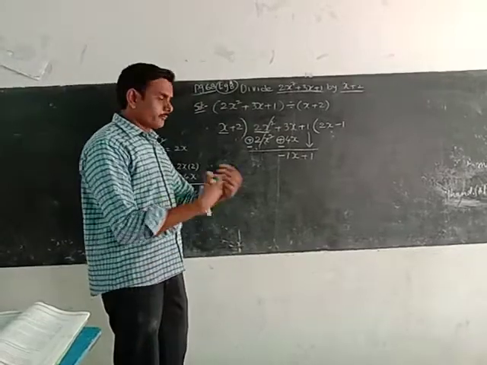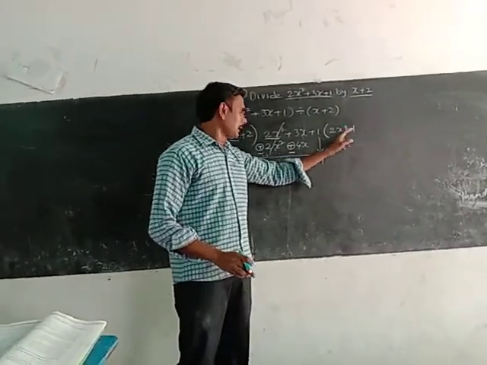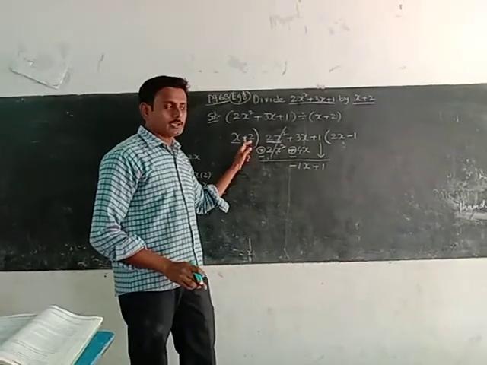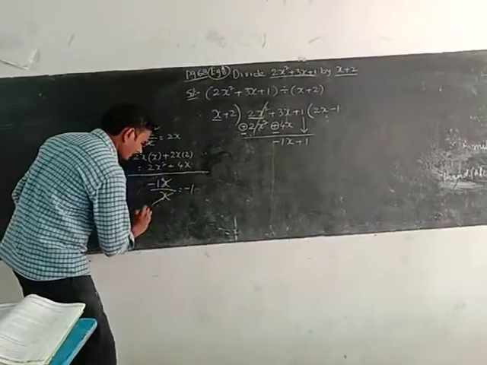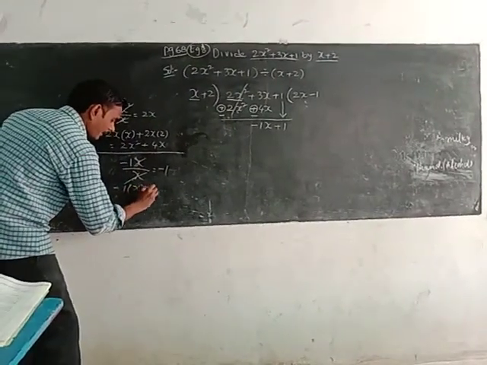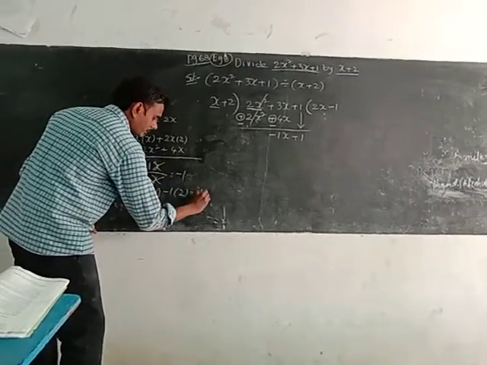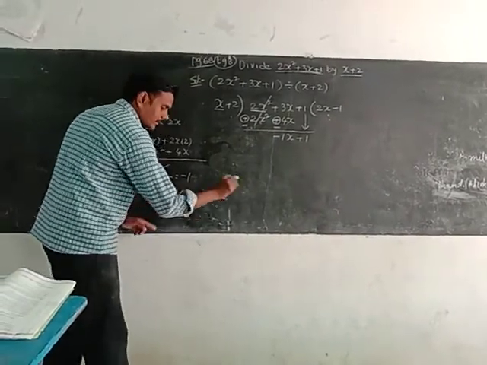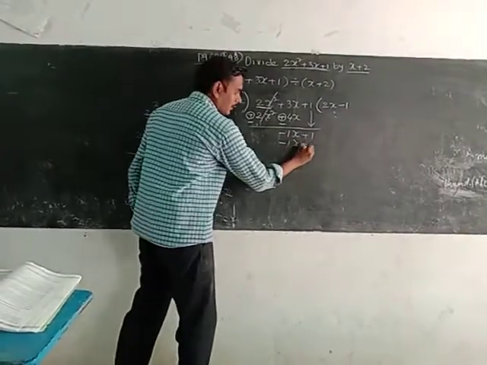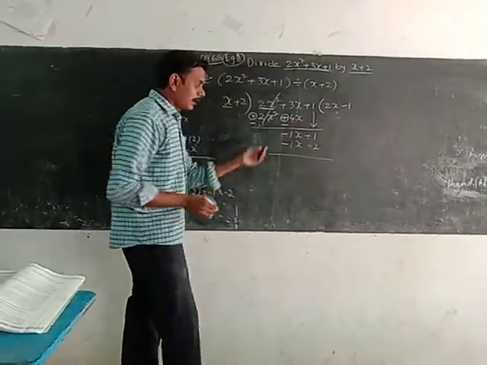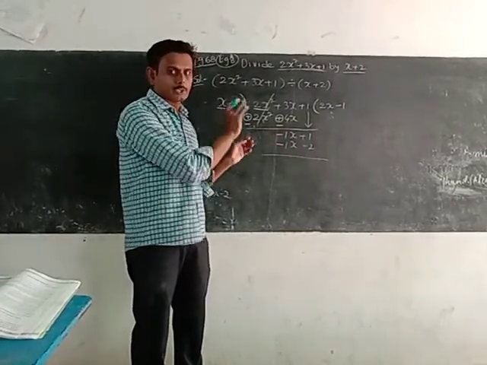Now, what is the further step? The quotient we newly got, multiply it with each divisor term: minus 1 into x, minus 1 into 2. What do we get? Minus 1 into x means minus 1x. Minus 1 into 2 means minus 2. That one we write: minus 1x minus 2. By writing, remember one thing: like term below like term you have to write. Then only we will get the correct answer. Otherwise that is a mistake.